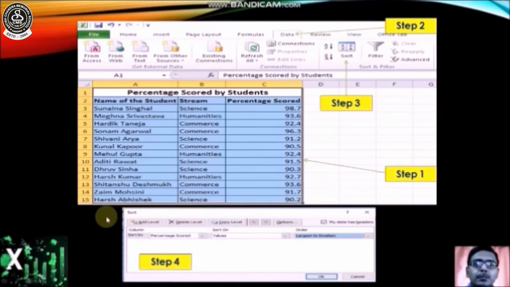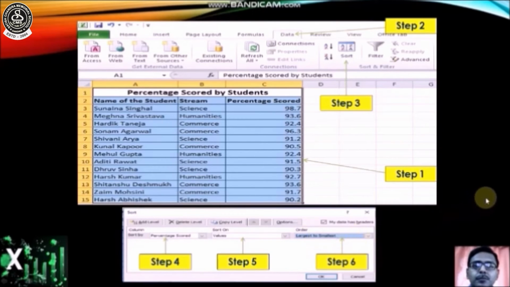As you click, the Sort dialog box opens up. In step number 4, you have to select the Sort by drop down list as Percentage Scored, because that is our column on which we are going to sort. Step number 5, select the Sort On option as Values. And step number 6, select the order as Largest to Smallest.